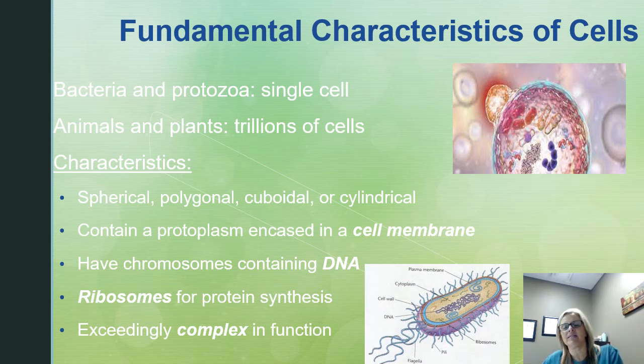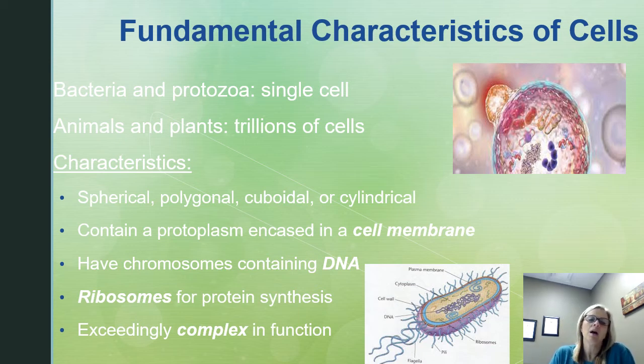And so we are, like I said, kind of taking a broad sweep and going over some basics here. The bodies of some living things like bacteria or protozoa are formed from one single cell, while more complex organisms like plants and animals are formed from trillions of cells, okay? So bacteria and protozoa, one cell; animals and plants, we have 70 trillion cells to make up a human being,